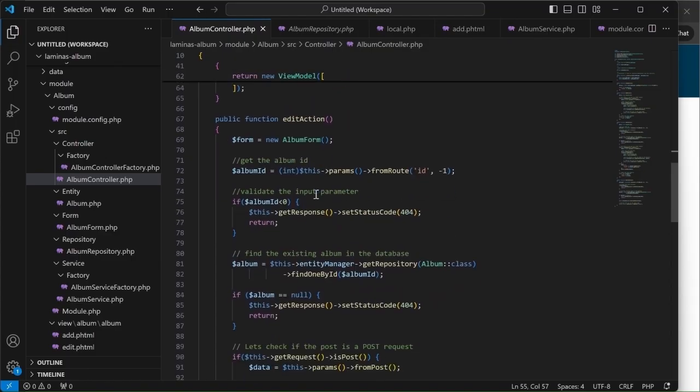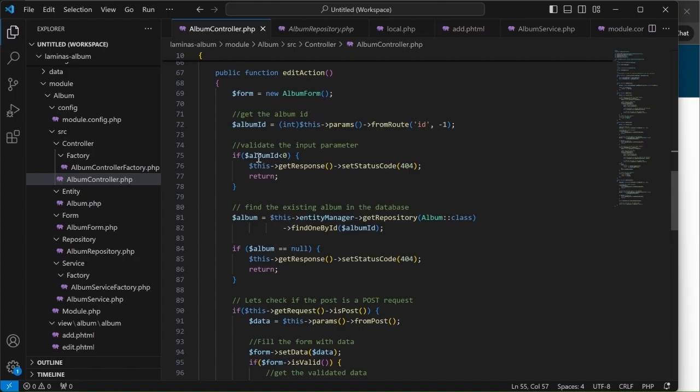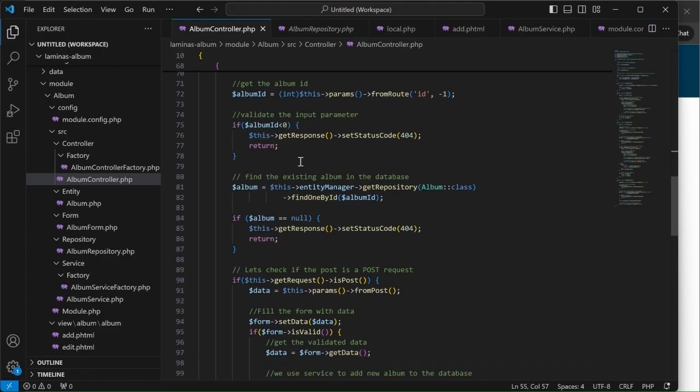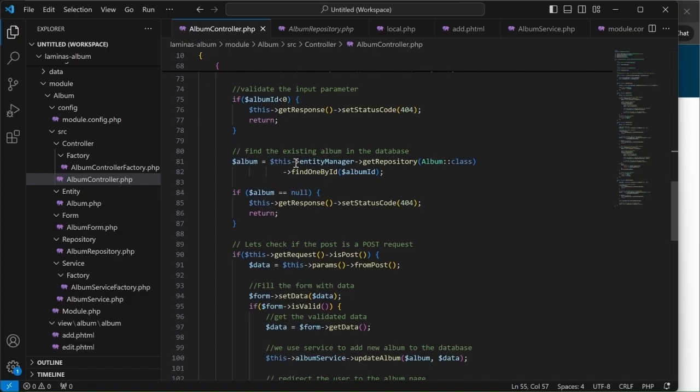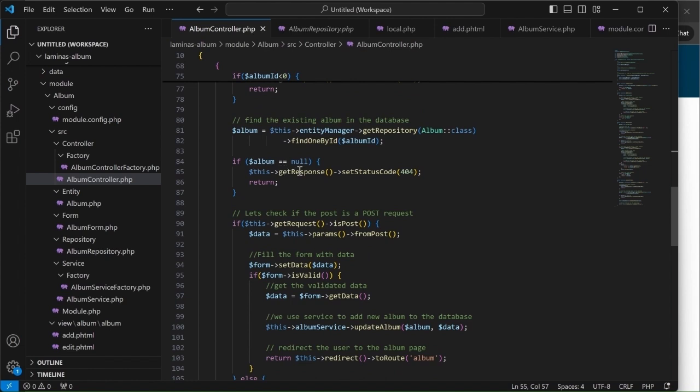When we come to the edit action, the same thing almost applies. We define the form from the album form, then get the album ID from params from the route. Once we validate that the ID is not less than 0, we continue to getting that particular album using the find one by ID from the album class. And if the album is not null,